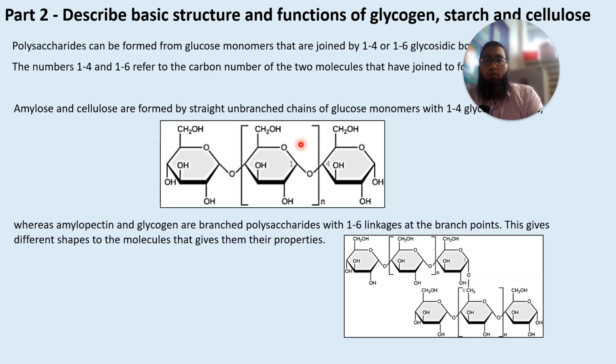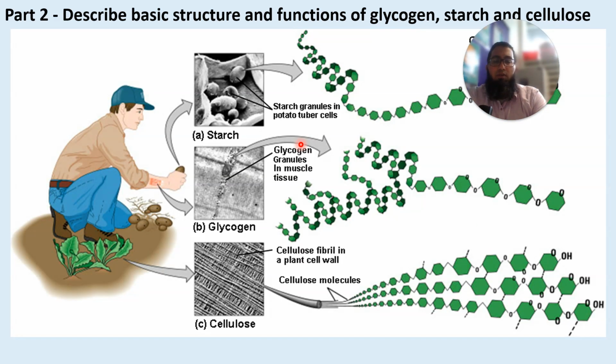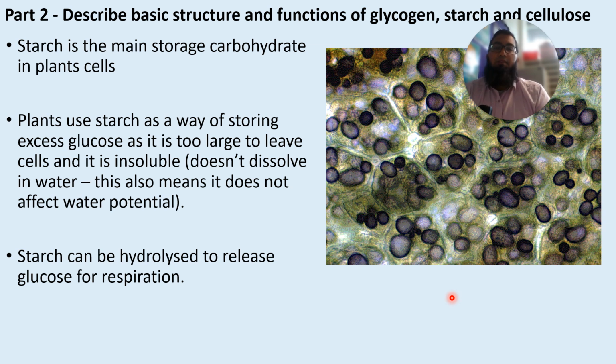Okay, so we'll be going over starch, glycogen, and cellulose. Have a look at starch. As you can see, it's a long molecule, polysaccharide. Starch, there are two types of molecules. Glycogen, have a look at that, as you can see, and then cellulose. Okay, so starch. Now, starch is the main storage of carbohydrate. What's carbohydrate? Sugars. Remember, sugar, carbohydrate is an all general term. So starch is the main storage